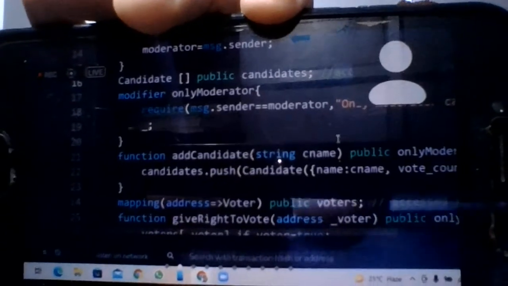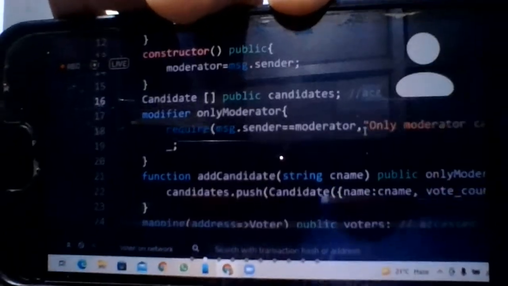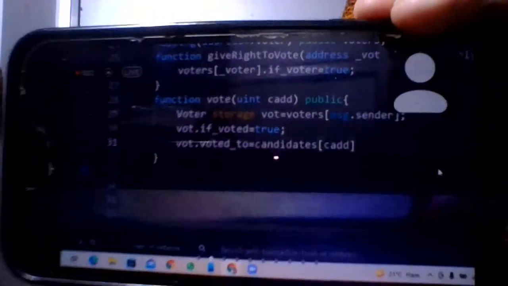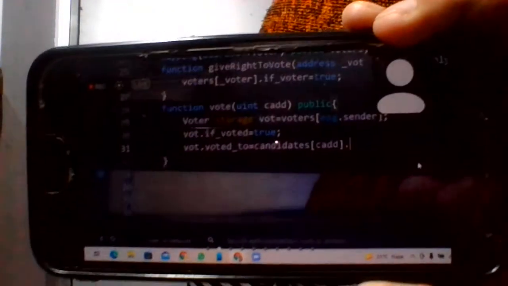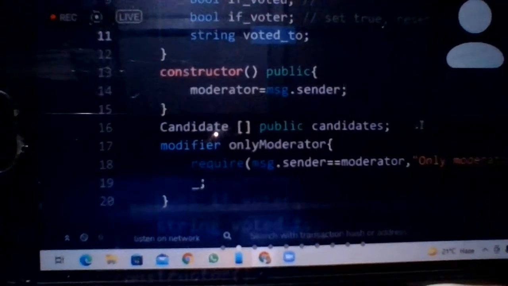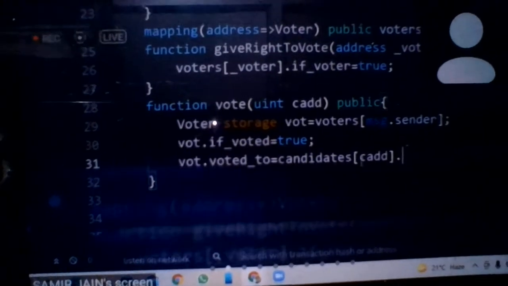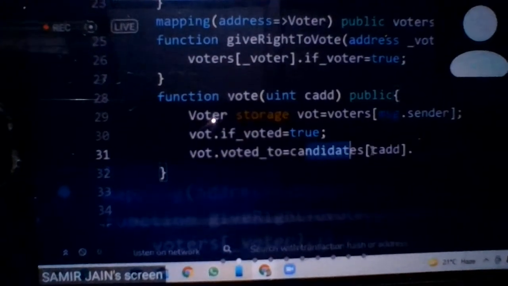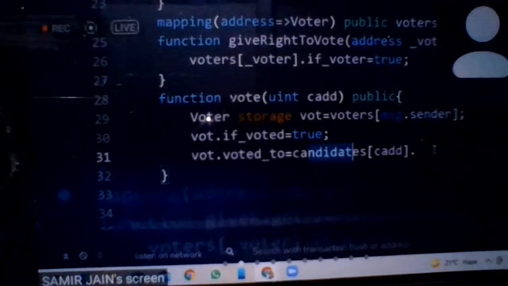Candidates is an array, so we take this index, and then we'll take the name of that candidate, because we have to add voted to, so whom he has voted. So voted to this candidate whose index is this and name is this.